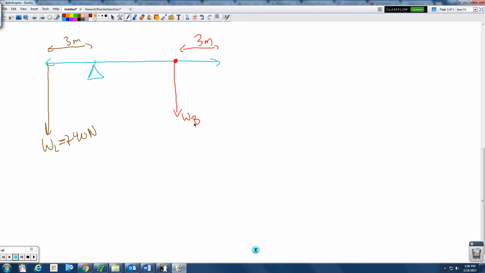So it's 10 meters long. Remind myself, X bar is what I call it. Total length is 10 meters. Okay, 3 meters from the light end is the fulcrum, shown by my triangle. 3 meters from the other end,